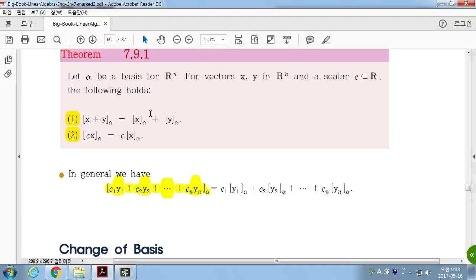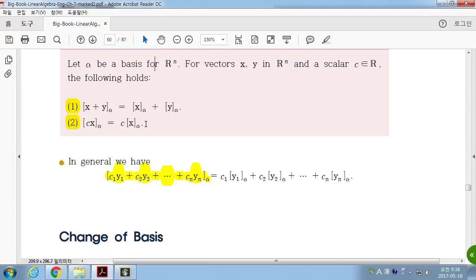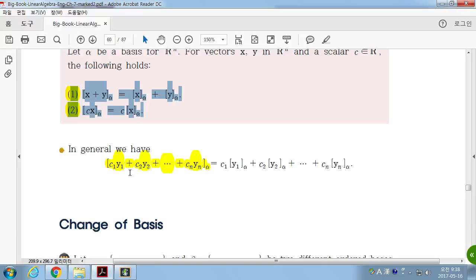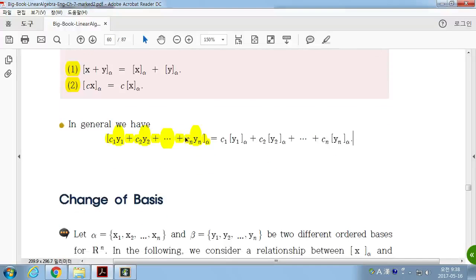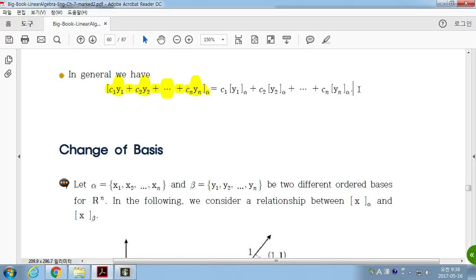Okay? Combining these two, this works for two components. If you apply this consecutively for n vectors, then we can write it in this way. We can separate this into n terms first, then we can take off the coefficient each time. So all this can be written like this, like a linear combination. So it can be split like this for n vectors. This is very important. You're going to use this property over and over again.